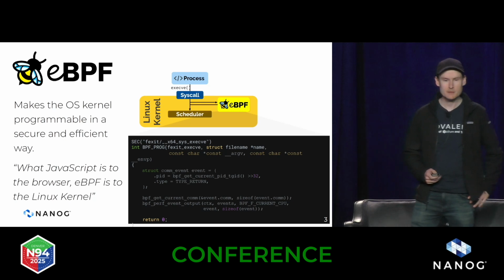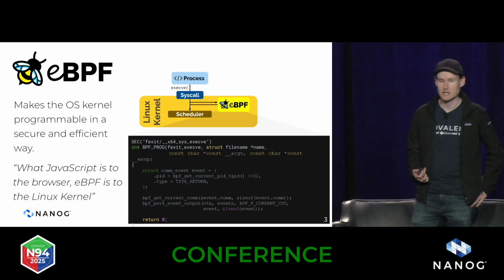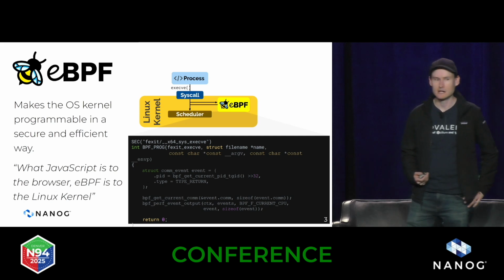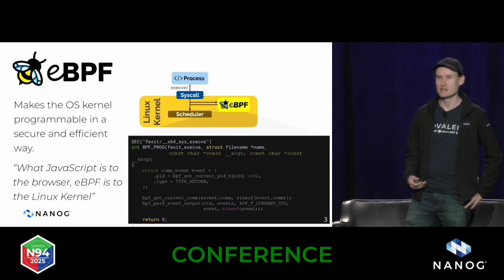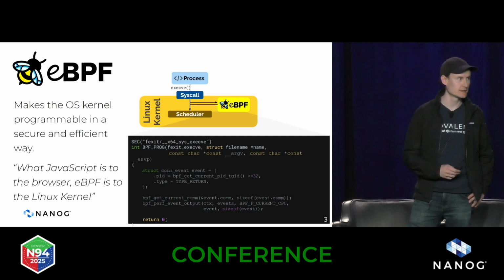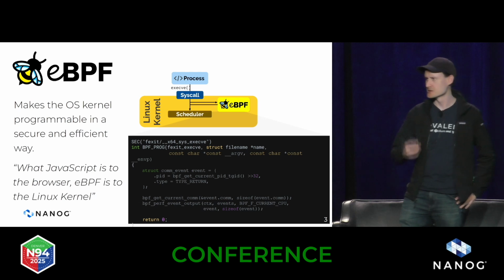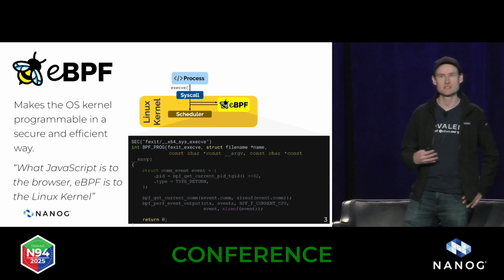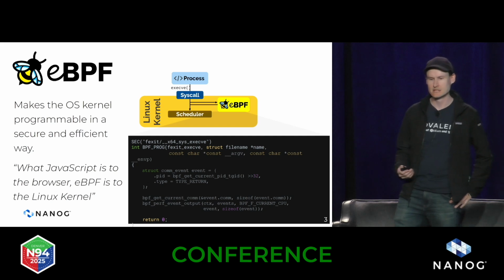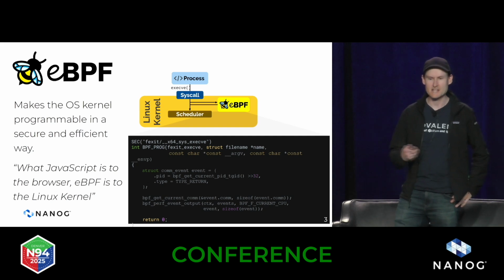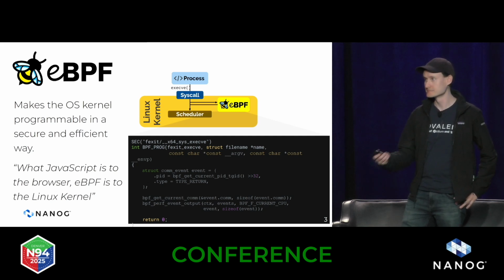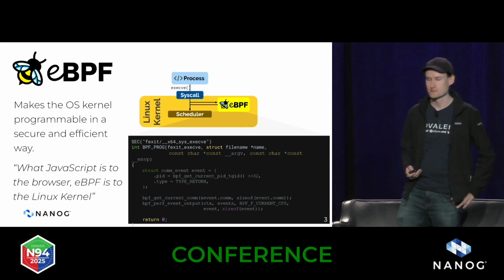So what is eBPF? eBPF makes the OS, the operating system kernel, programmable in a secure and efficient way. And so software engineers can build a program which you then push into something like the Linux kernel and attach to specific events that are occurring in that kernel. The example on the screen is monitoring all of the times that a process executes on the system, and then just adding that to some sort of a metric to be able to understand when those processes are being executed. But it supports a wide range of different events, including, notably for this audience, different network hooks.